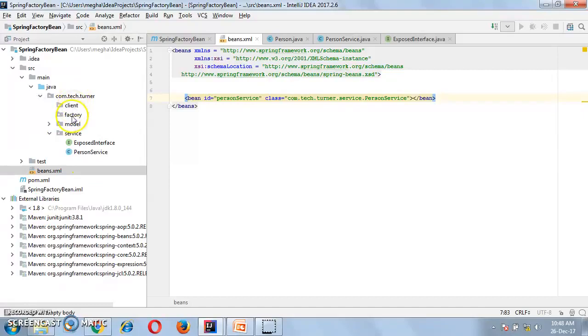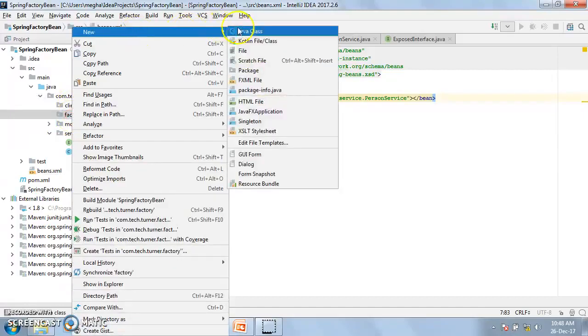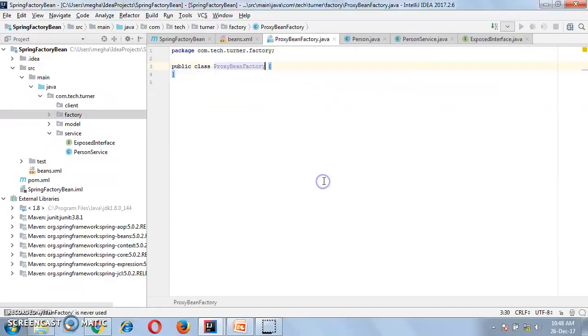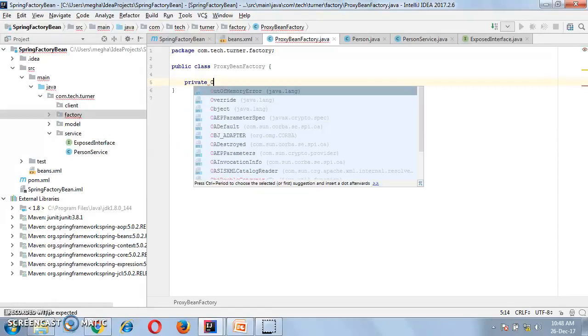Let us now create the bean factory, ProxyBeanFactory. Give the attribute, an Object.